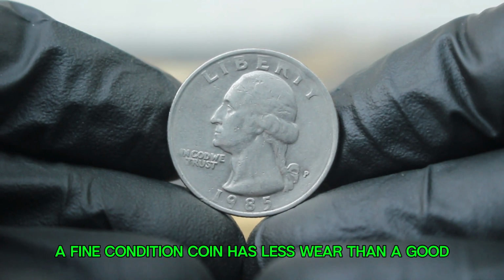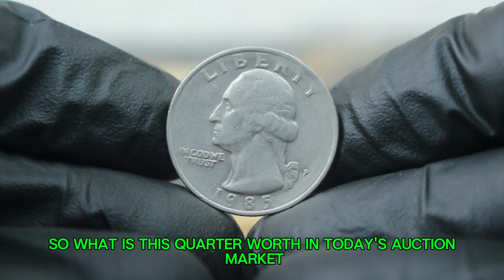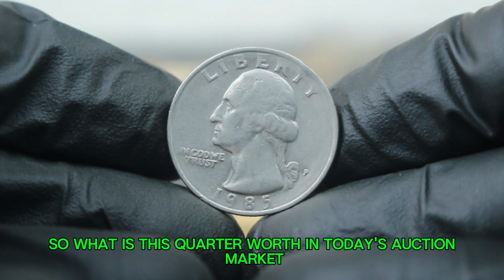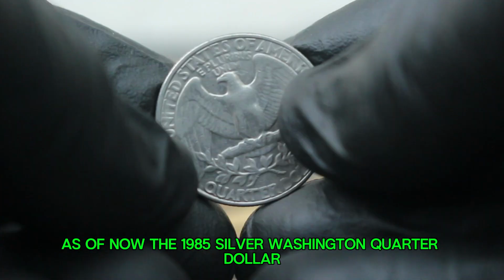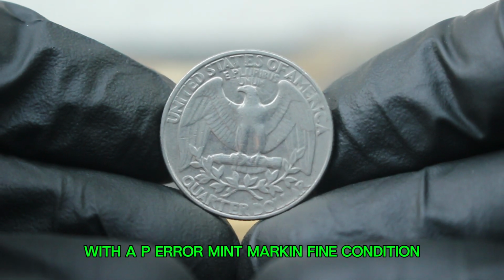A fine condition coin has less wear than a good or very good coin, making it more desirable. So what is this quarter worth in today's auction market? As of now, the 1985 silver Washington quarter dollar with a P mint mark, in fine condition, can sell for